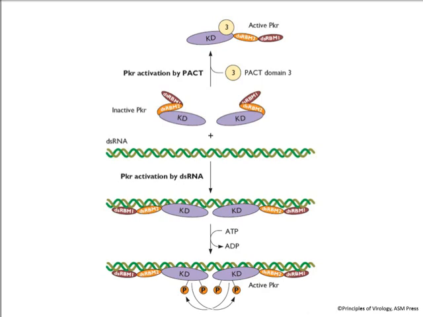And it does so by being bound to double-stranded RNA. So here are two molecules of PKR bound to double-stranded RNA. They phosphorylate each other, and now they're active. They can go on and phosphorylate EIF2. So where does this